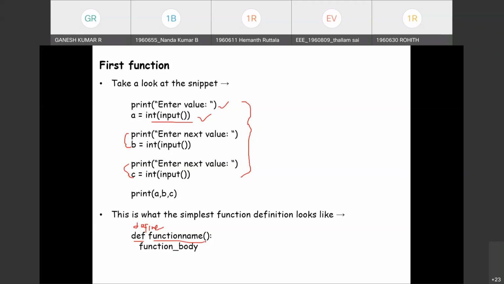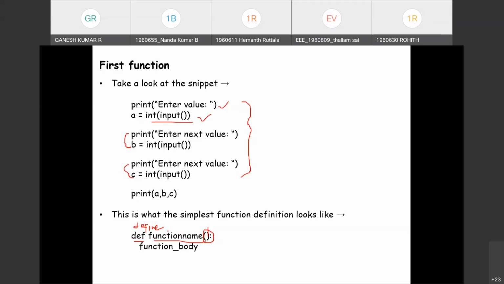After the function name, can you notice a pair of parentheses? In the beginning we have not introduced any values, nothing is there, but we can supply values in the form of parameters and arguments inside it.